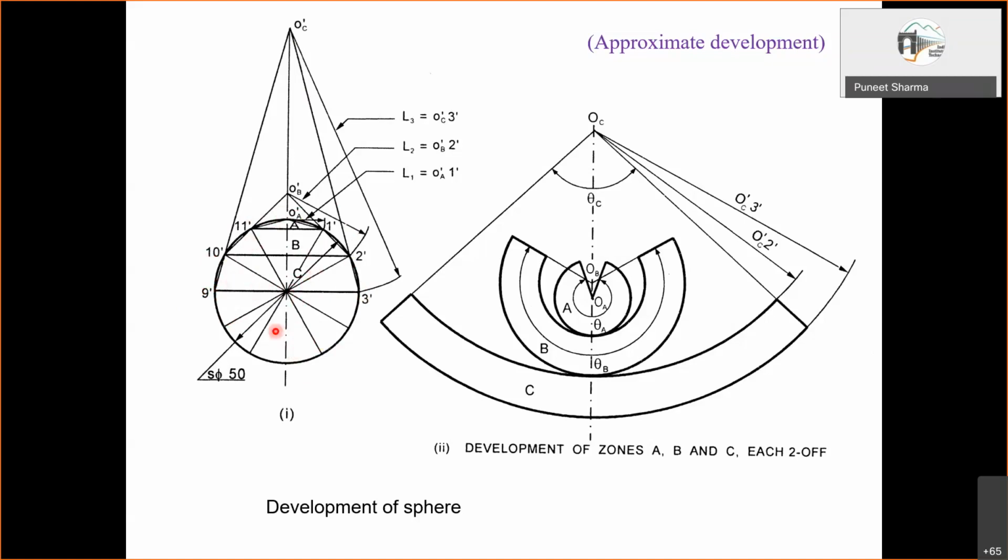This circle is representing, yeah. So this circle is actually representing what? It is representing the front view of a sphere, number one thing. Now suppose if we have a section plane passing through this, we'll have a hemisphere. What we are doing is we are considering development for this hemisphere. Again, as I had mentioned, we won't be able to develop it exactly. So we are going for approximation. So what we are doing is, further this hemisphere we are dividing in two more parts. One section plane is passed through this, one is passed through this.